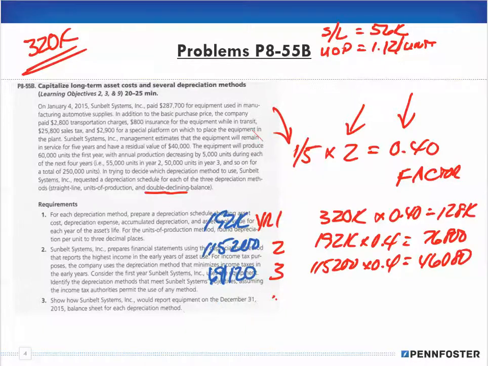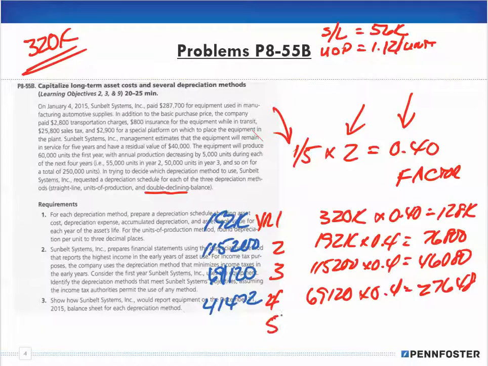69,120. So for year four, 69,120 times 0.4 gives me 27,648, and that means my book value at the end of year four is 41,472. Now remember, when you're doing double declining balance, all right, what you're doing is as you're using that factor